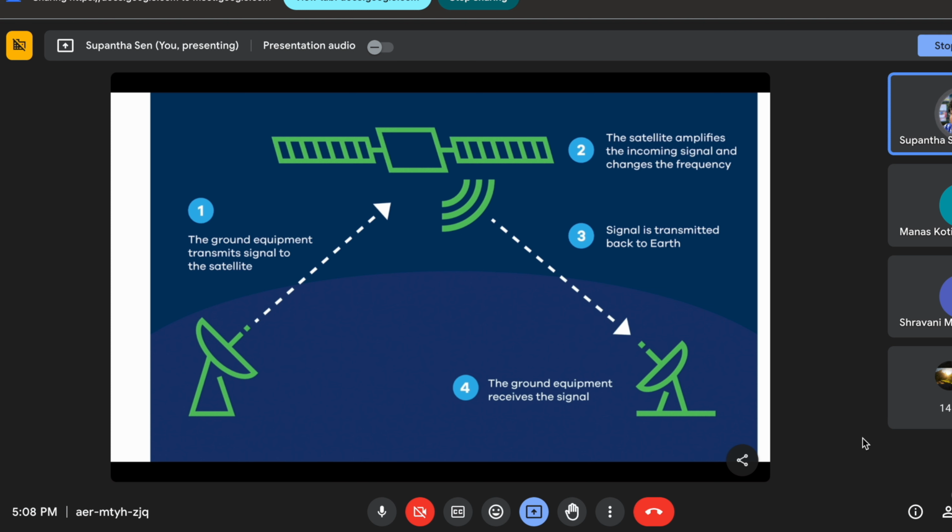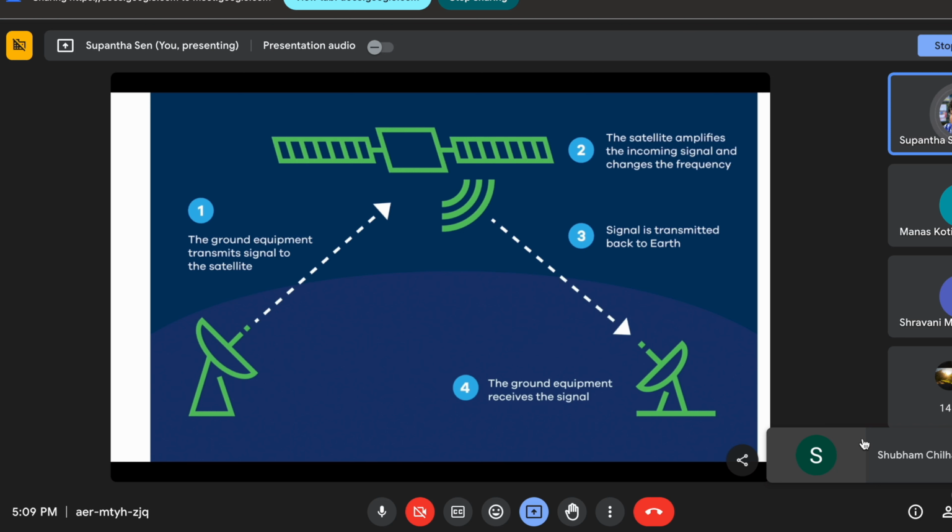But say I am calling you. What will happen is that call will go to the telephone exchange near me. From the telephone exchange it will transmit to the satellite. From that satellite it will go to the nearby telephone exchange to your house, and from that telephone exchange that signal will come. So why is satellite needed here? If you don't have a direct line between the places, you can't transmit data. So satellite plays an important role.